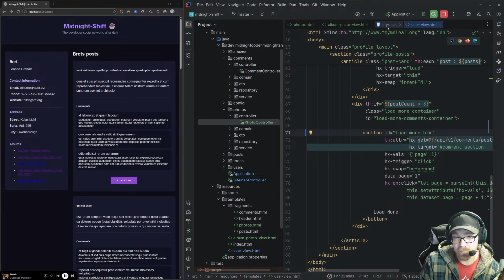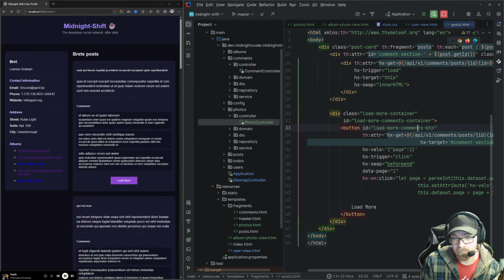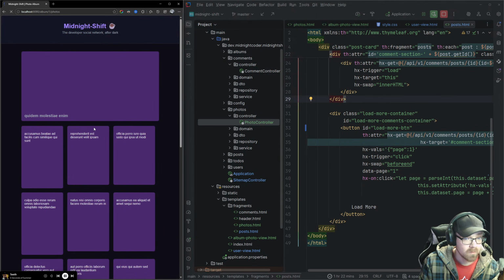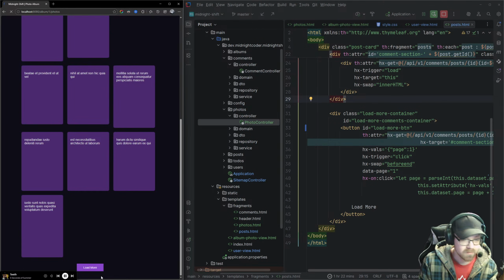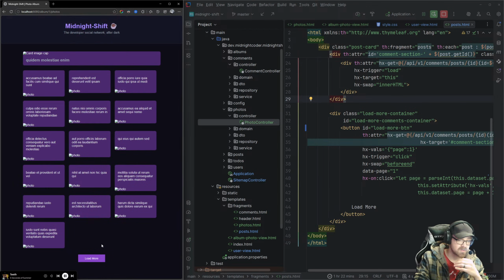We just need the load more button. So we'll take that out of all of our pages. I'm going to reload the page so that it looks better. We're going to click on this, and our load more button looks more in theme with the rest of our project and the rest of our social media that we're going with here.